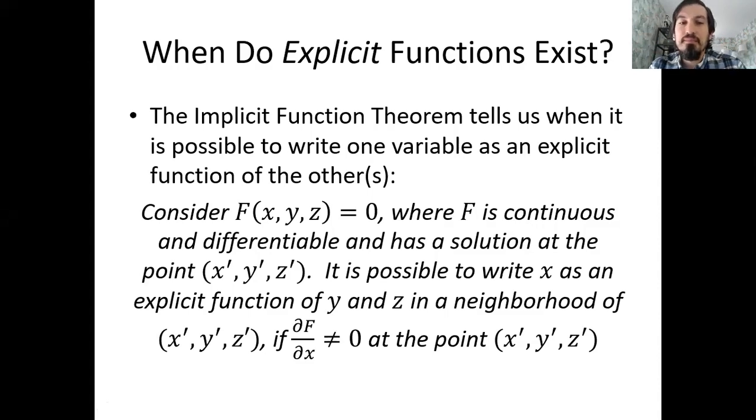Well, we have something called the implicit function theorem, which tells us when it is possible to write one variable as an explicit function of the others. By the way, when I say when, I mean given some implicit function, when is it possible to write one of the variables as an explicit function of the other? That's the question here. And it's called the implicit function theorem. It says,